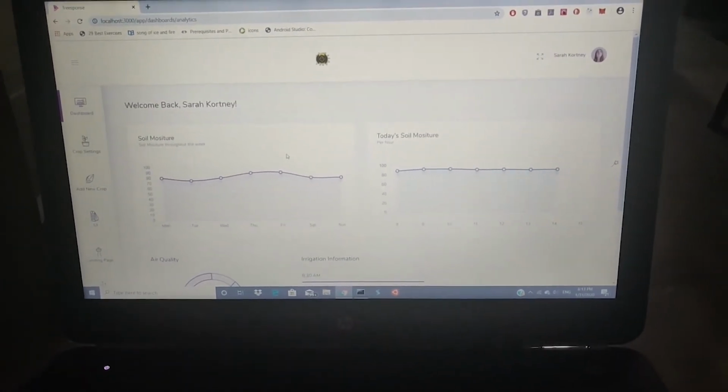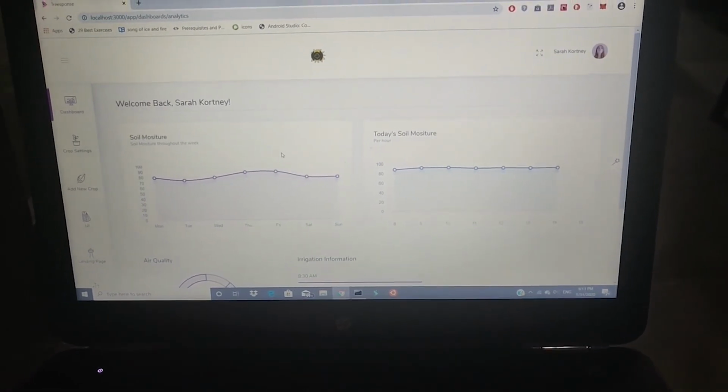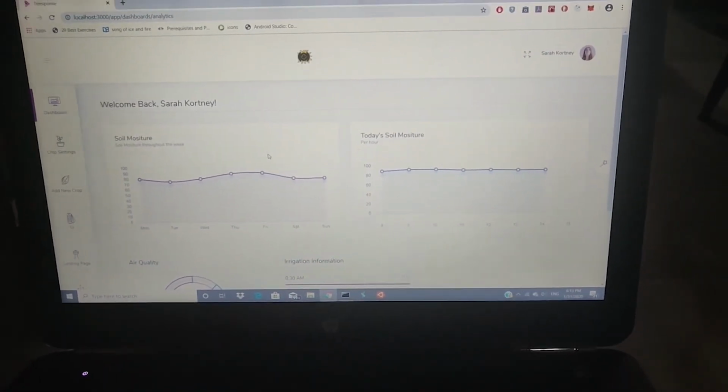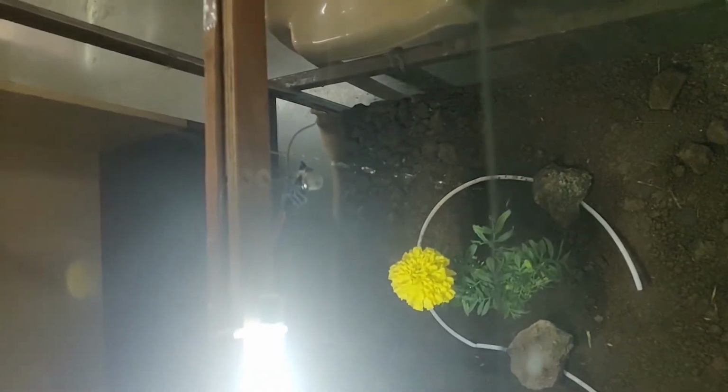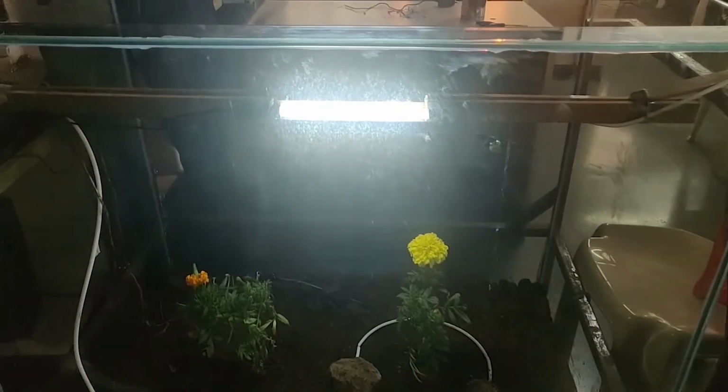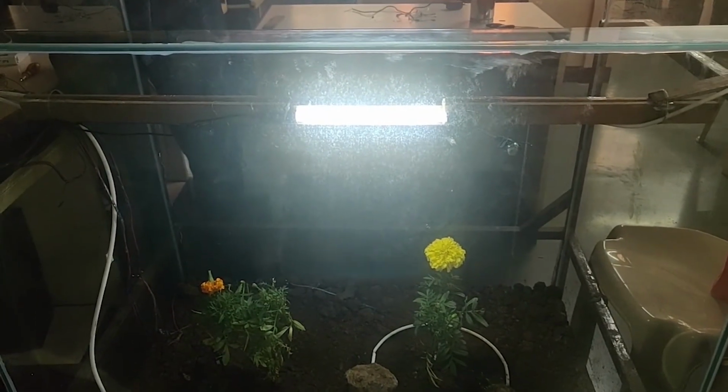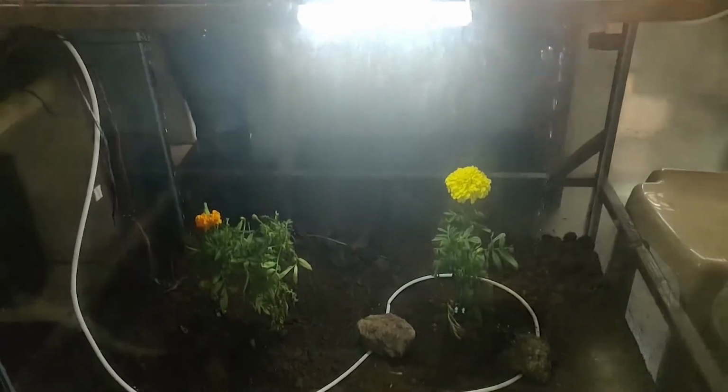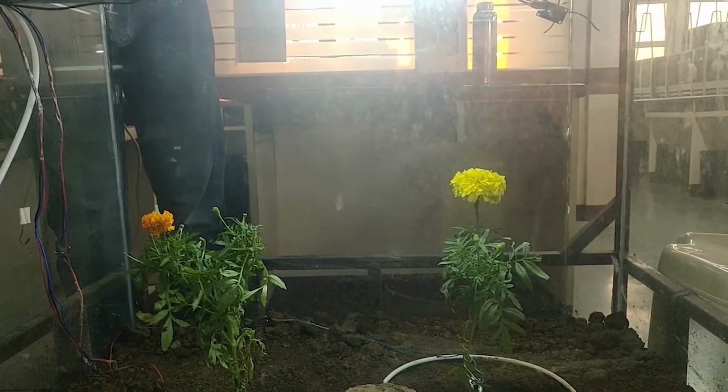Now, if the values of any of the environmental parameters reach an alarming level, then the user gets notified exclusively. Now, the sprinklers start when temperature is too high or if the humidity falls below a certain level. So this is how the sprinklers would start, and they would reduce the temperature or increase the humidity according to the requirement. Then the next thing is the drip irrigation, which has been automated by us.